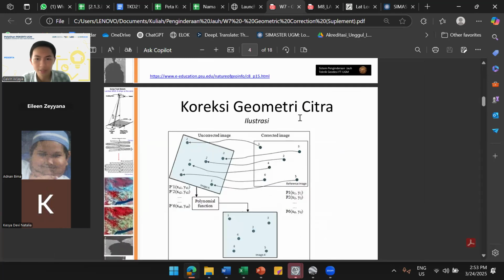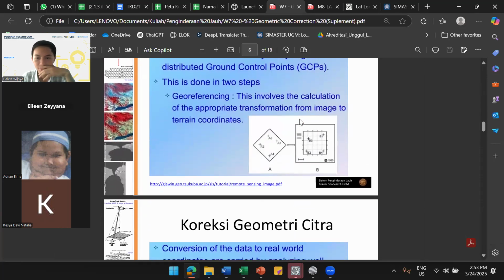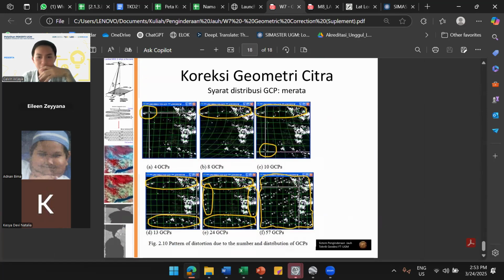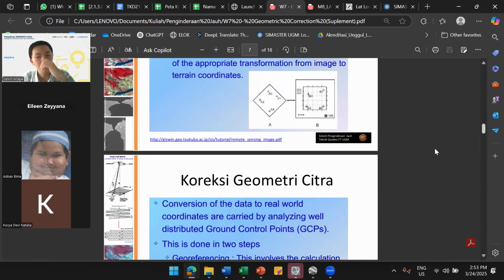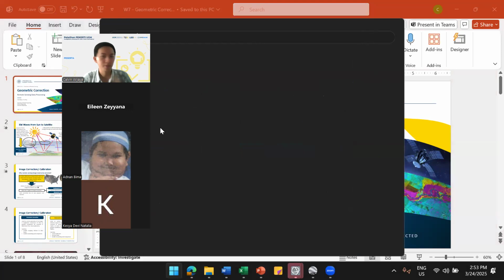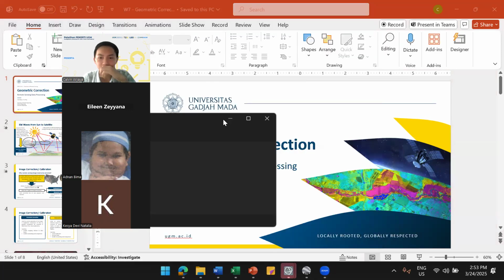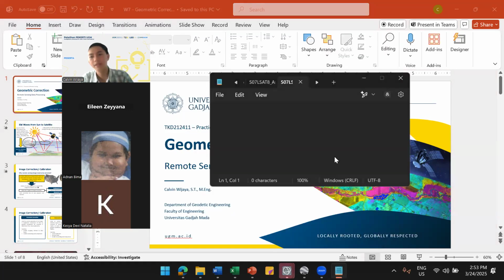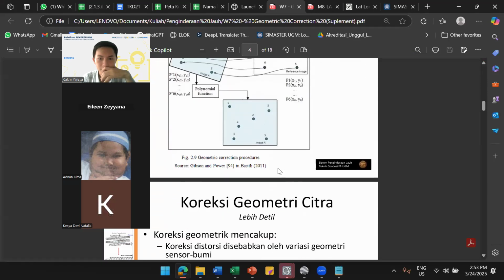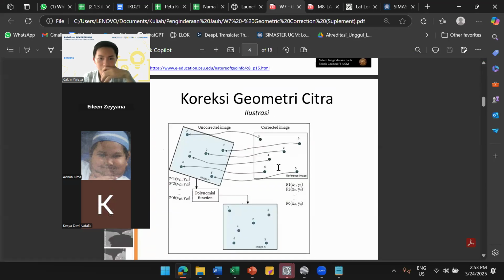In general, to do the geometric corrections, there are two steps. Okay, I will write it. The first one we call georeferencing. You can see the materials here, geometric correction.